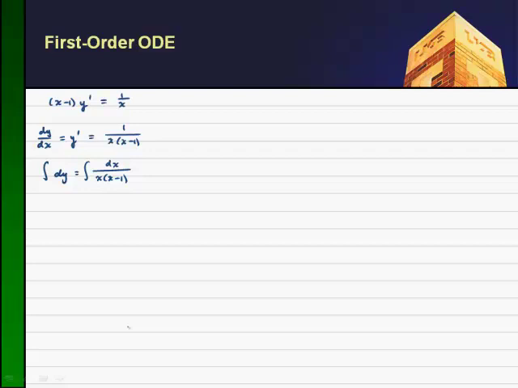On the left-hand side, it's pretty simple. Again, it's just going to be y from the first fundamental theorem of calculus. And on the right-hand side, again, I wanted to give another integration technique. For this one, we'll need a partial fraction decomposition. So we'll need to decompose the 1 over x times x minus 1